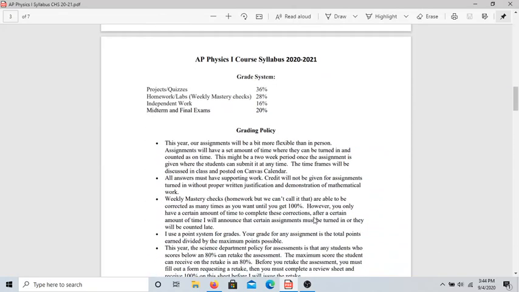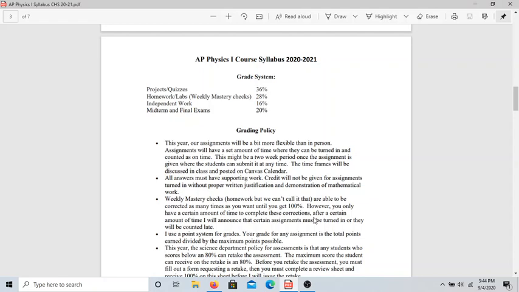Okay. Now, the grading system. This year, the grading system has changed a little bit. You're going to hear about this probably in every class, but basically the grading system across the school has changed so that now we have 4 categories, all right? And they all have to fit the same percentages. So what that means is that you can look at it right there. The percentages are broken down.